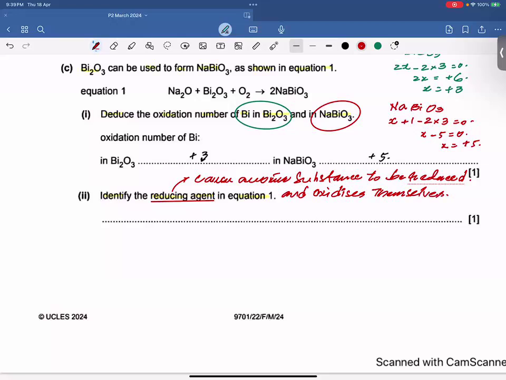So obviously, in that scenario, Bi2O3 would be the reducing agent, because during the reaction, its oxidation state is decreasing, which means during the reaction,